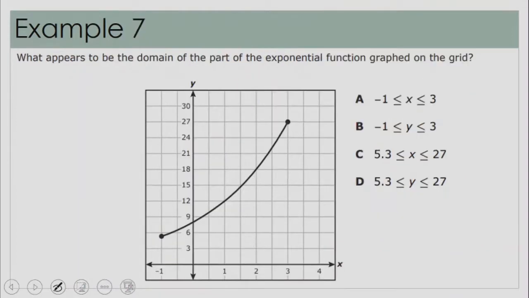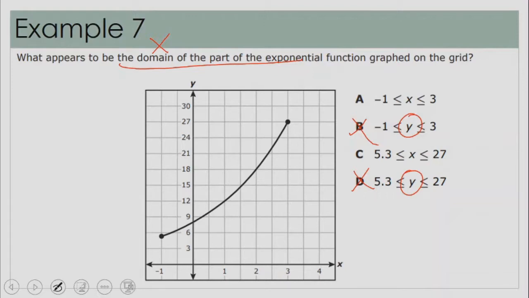This is the last example that I'm going to be showing today. What appears to be the domain? The domain is the x value. If they are putting y anywhere, just eliminate the choice. So you can already eliminate B and D in this case. Just by paying attention to domain x values and range y values, you can almost always eliminate two choices